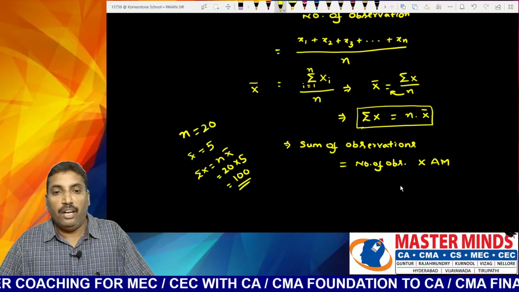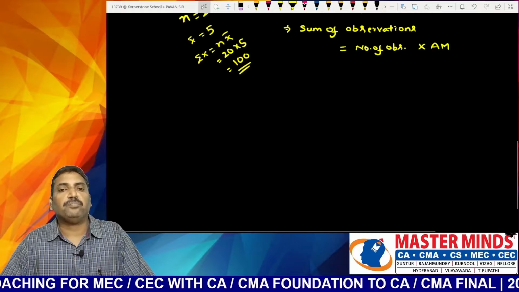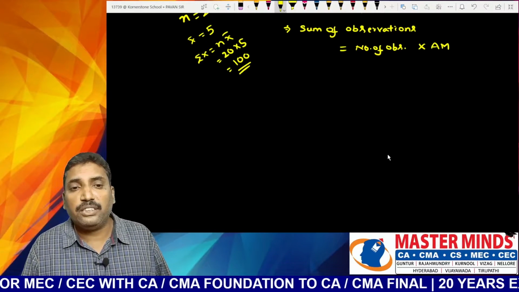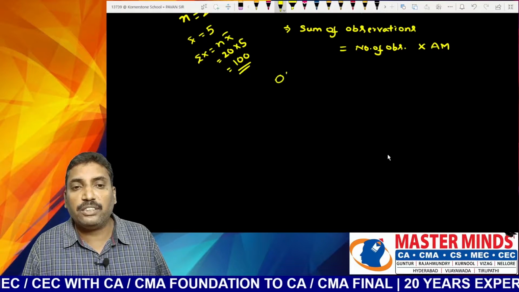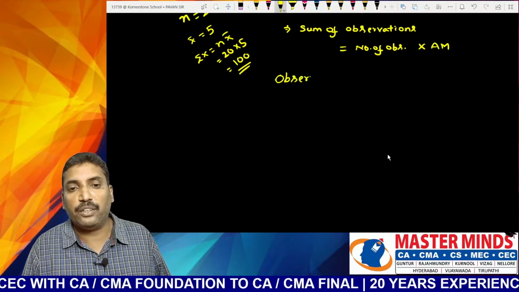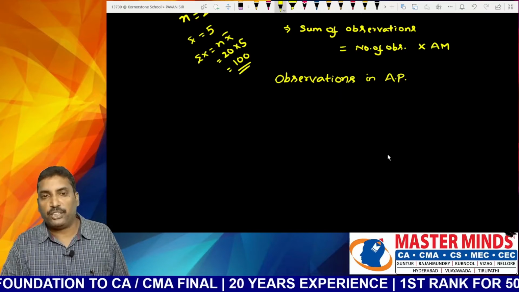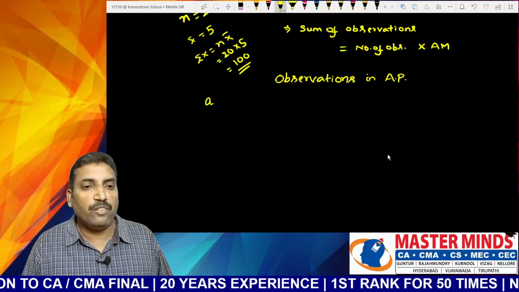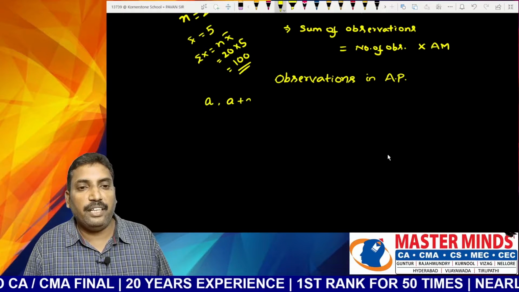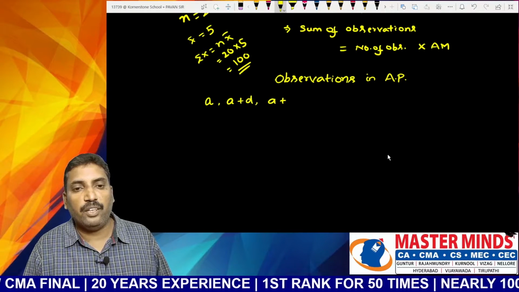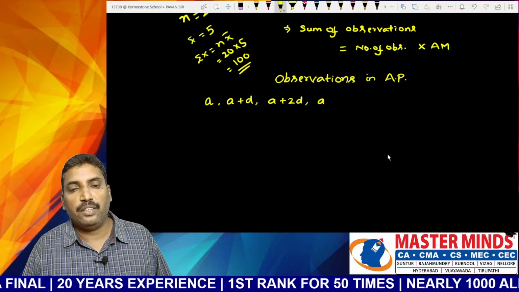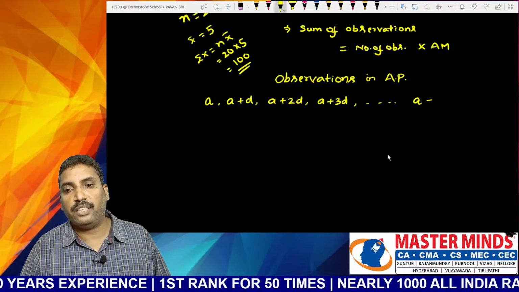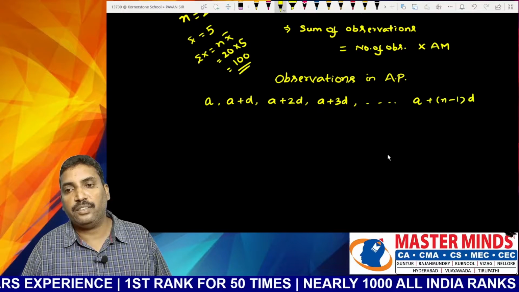Now coming to the next one. Suppose the given observations are in arithmetic progression. So what is meant by arithmetic progression? I am now giving you the general form of an arithmetic progression: a, a plus d, a plus 2d, a plus 3d, and so on, up to a plus n minus 1 into d. That is the general form